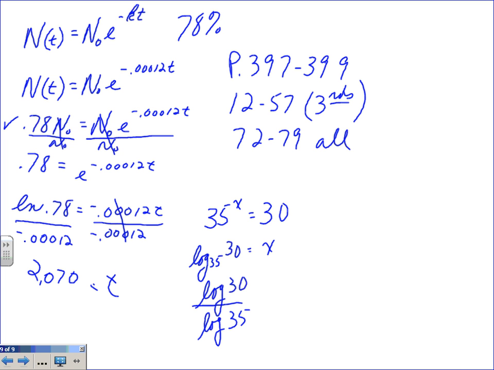And what I said to you yesterday was that we can use any base at all to get the same answer. So log of 30 divided by log of 35, even if I use base e, ln 30 over ln 35, I will get the same exact answer. Okay? One of the sections on your homework says use natural logs in the change of base formula. So they want you to see that you can use ln as well as using regular logs. Okay? All right, so let's take a break and